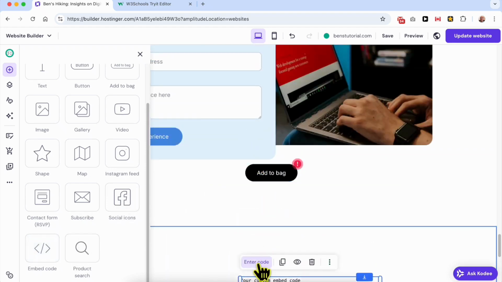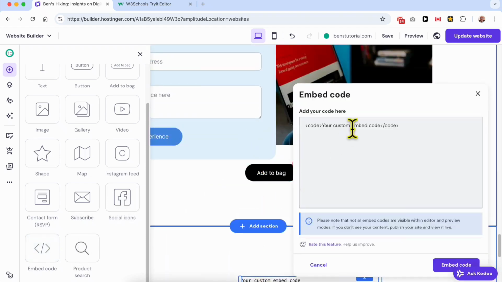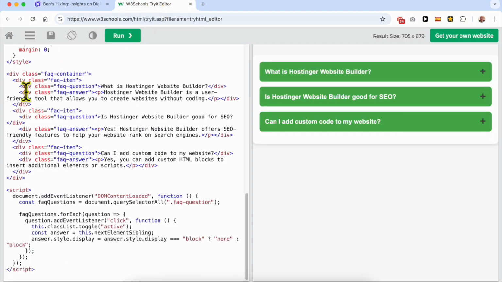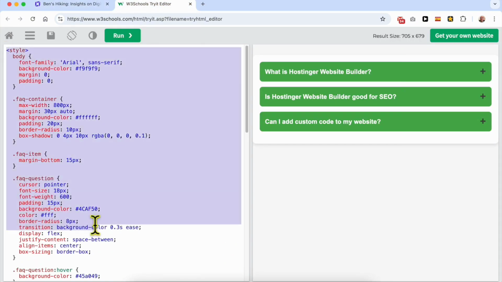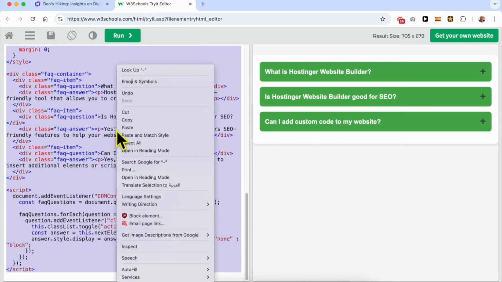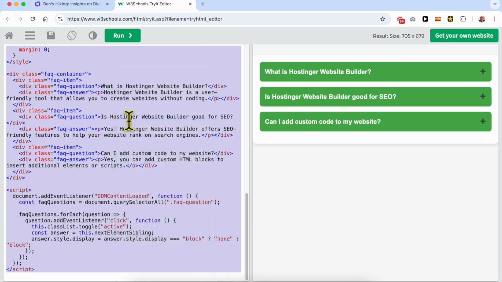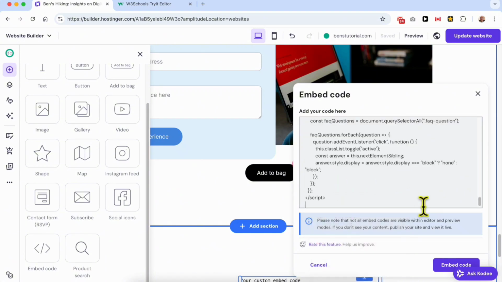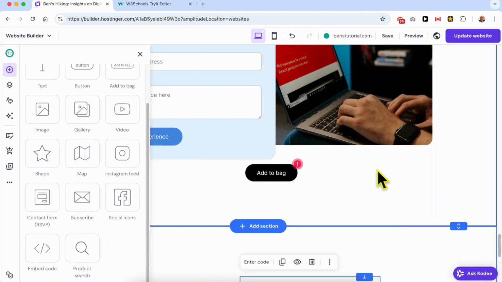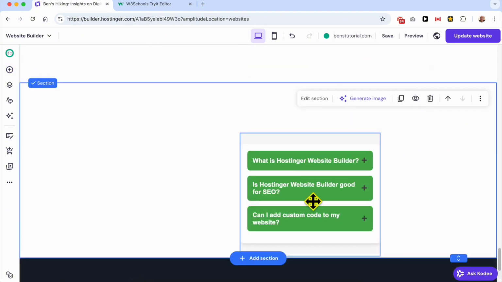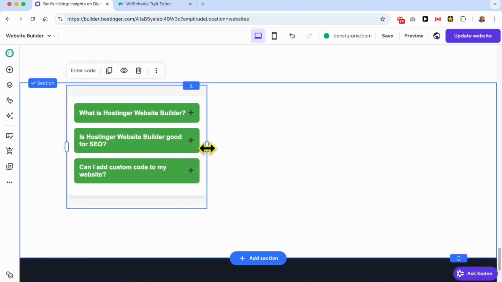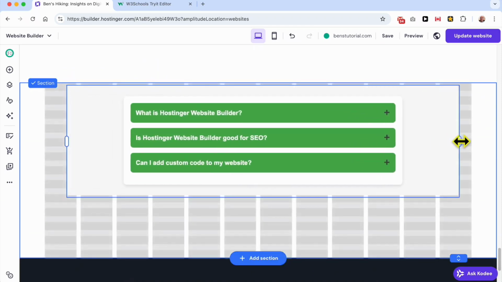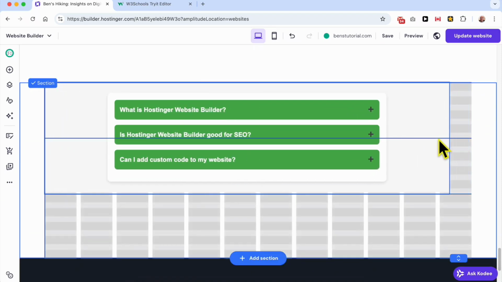Now in here you'll need to click on the enter code button, remove this existing code and head over into the website where you have your resource code from. Copy all of the code from top to bottom and head back into your hosting account. So you'll need to head back here, place the code in this section and click on the embed code button at the bottom right. And as you can see, you'll be able to immediately find the expandable or collapsible FAQ